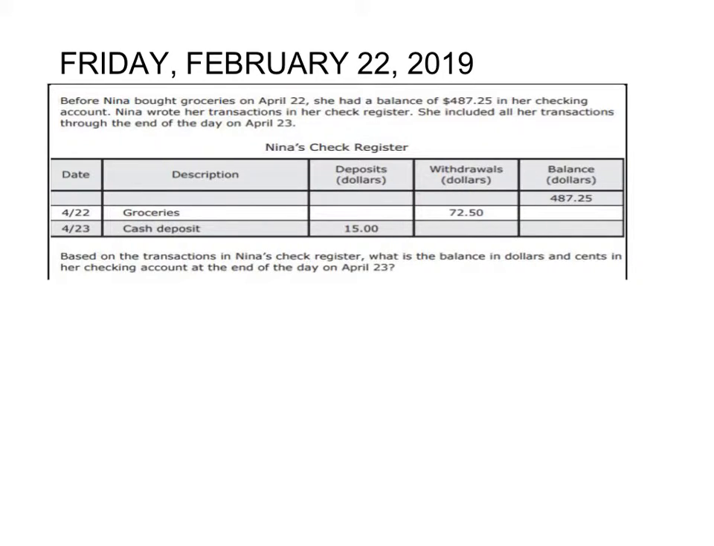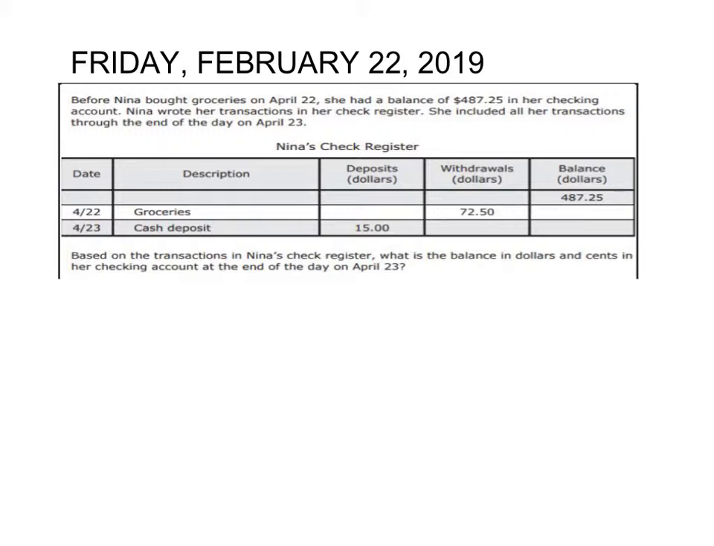Based on the transactions in Nina's check register, what is the balance in dollars and cents in her checking account at the end of the day on April 23rd? So what we're going to do here today is start doing the transactions and finding the balance after every transaction. So we're going to start with